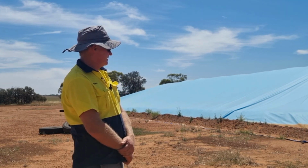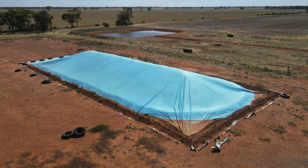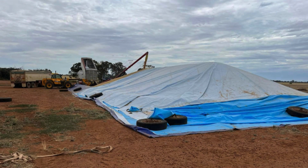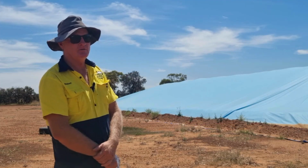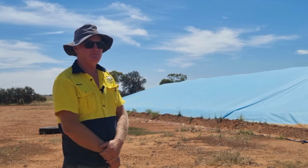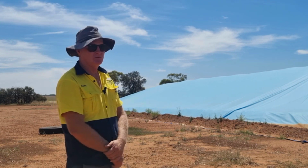We just used dirt to pin it down. Once we've got the grain all in there, in between time, we just have concrete tyres to hold the tarp in place until we've got it where we want it and got the grain in there, and then we'll come around with the telehandler and pin it down with dirt, and that seems to work pretty well. Just scrape it off with the telehandler when you want to unload,